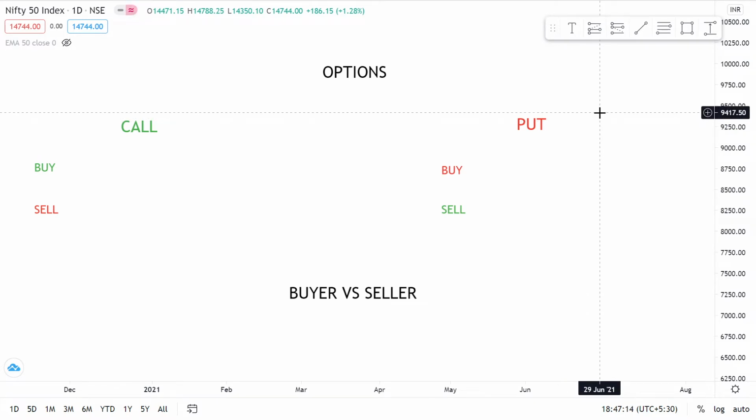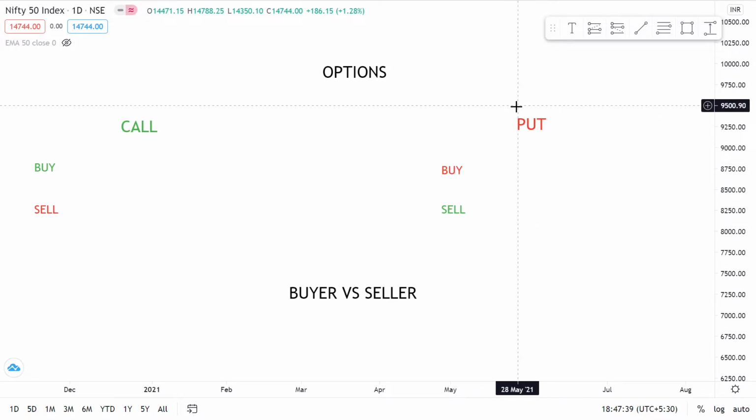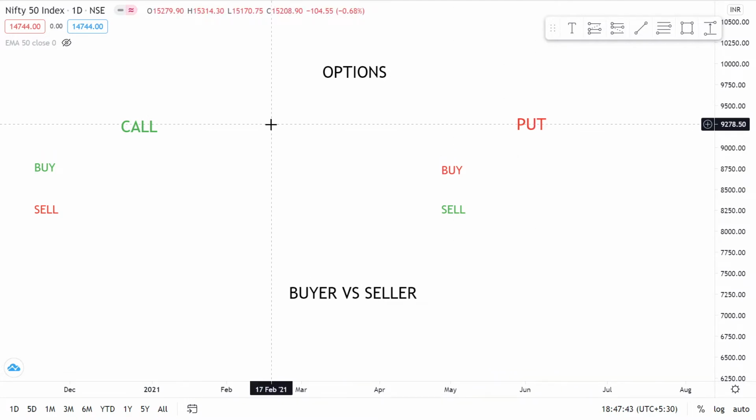So options are derivative contracts or instruments which have their intrinsic value based on another instrument. They're called derivatives because they derive their value from another particular instrument. So we have options on a wide range of things, ranging from commodities to stocks, and there were recently water futures too, futures on water too.